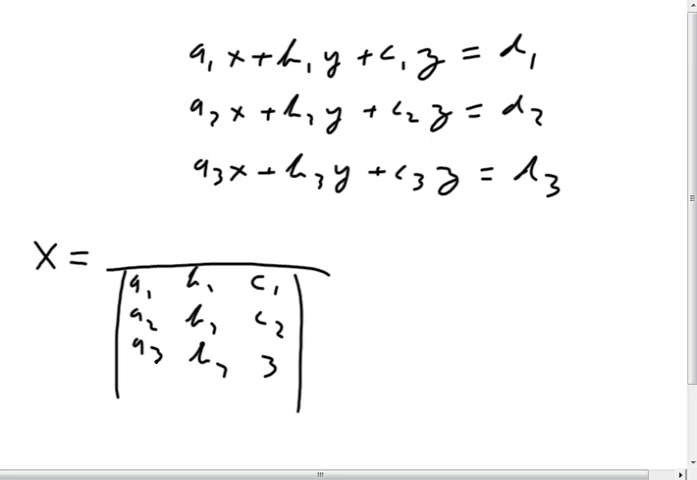On the top, because I'm trying to find x, I'm going to substitute the a's with what's on the other side of the equal sign, d1, d2, d3, then b1, b2, b3, c1, c2, c3. So that's good. A 4 by 4 could be a 5 by 5, it could be a 10 by 10, which begs the issue,